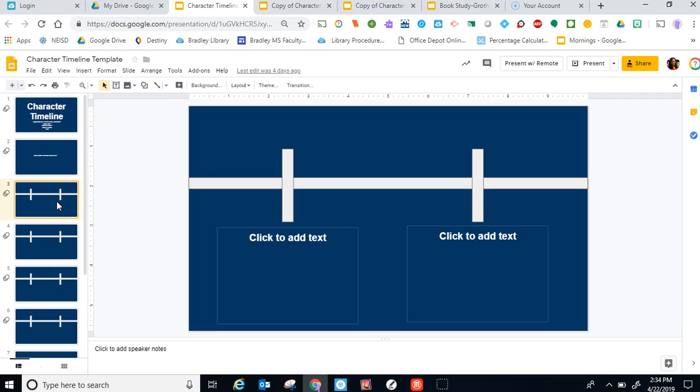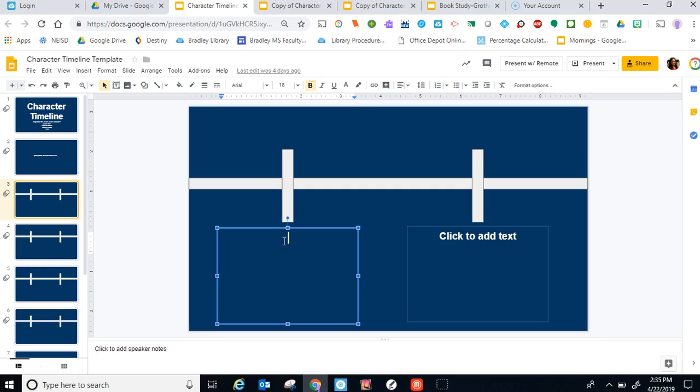And then here's where your timeline is going to begin. So slide 3 is the first part of your timeline. So you'll want your event that happens before the book starts because that's one of the requirements from this assignment. So you'll have to get creative and make something up. So I'm doing the book Duck for President. So I'm going to do a few years ago,